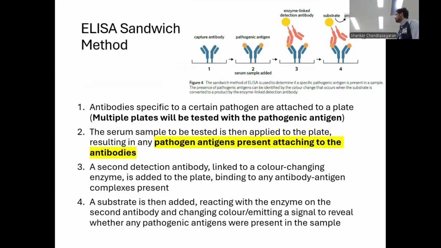Specifically in this example, let's just go through this very quickly. First, antibodies specific to a certain pathogen are linked, basically plated, with the plate, where we have multiple plates that will be tested with the pathogenic antigen. Then the serum sample to be tested is applied to the plate, where the pathogen antigens present will start attaching to the antibodies. Third, the second detection antibody linked to the color changing enzyme is added to the plate